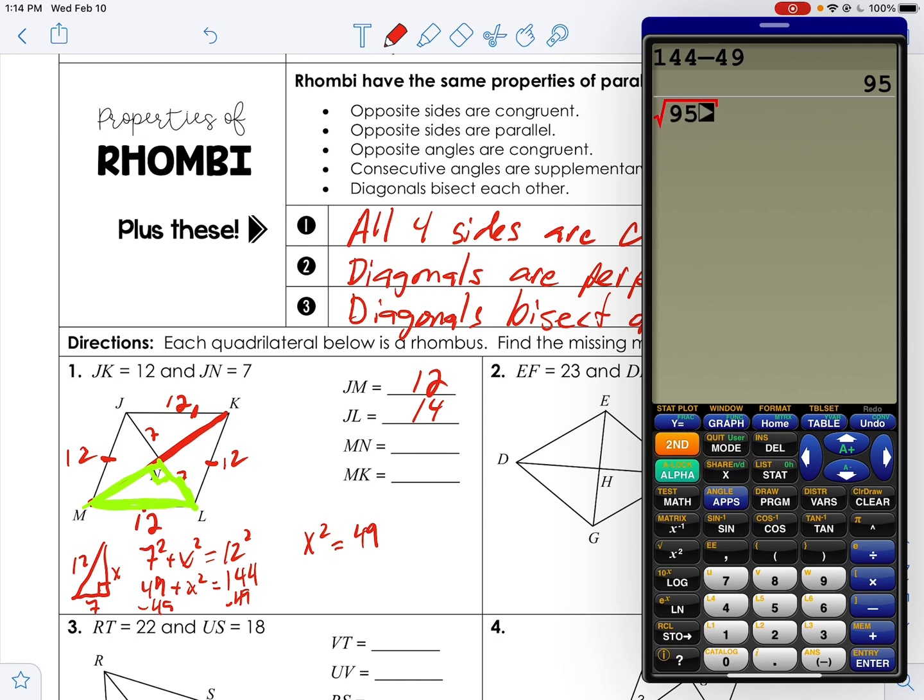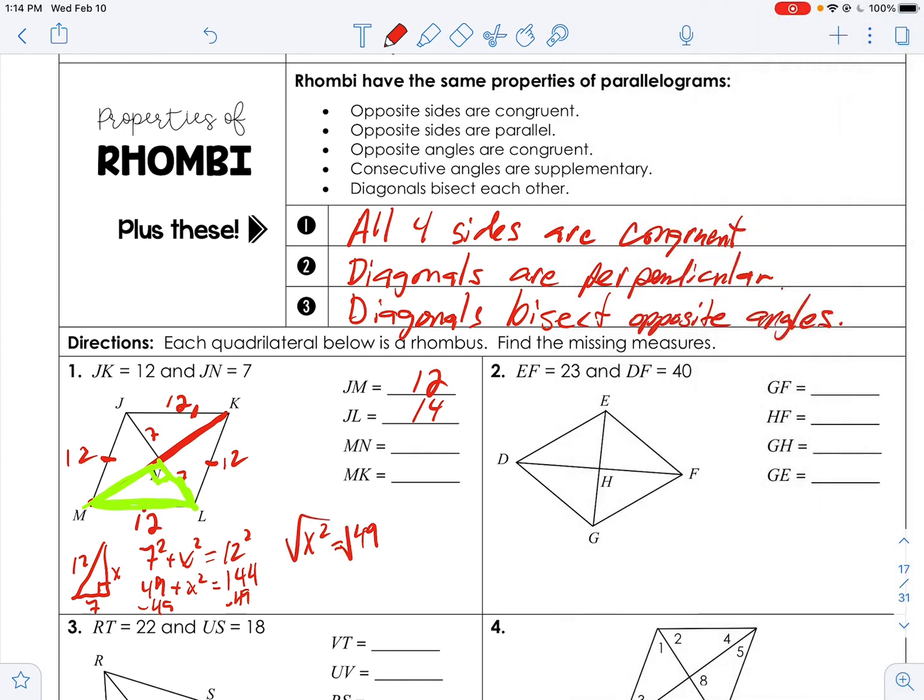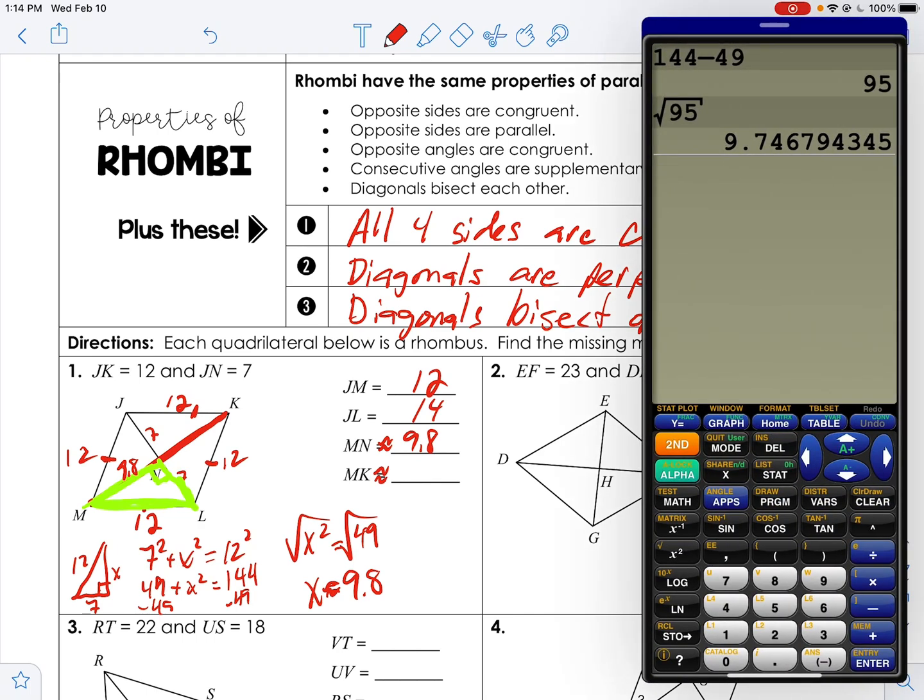Which is 95. About 9.8. So if we square root both sides, the opposite of square is square root. The opposite of cube is cube root. The opposite of fourth is fourth root. Like when we divide to undo multiply, and we subtract to undo add, you're going to square root to undo square. So x equals about 9.8. So we know that MN is about 9.8. And if we double that, it's going to be about